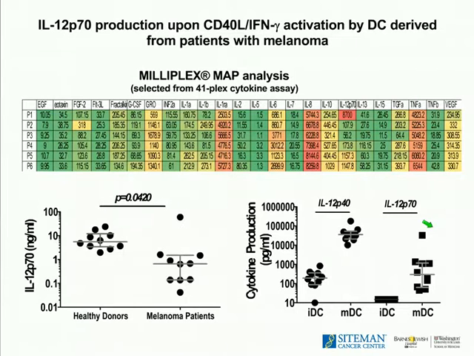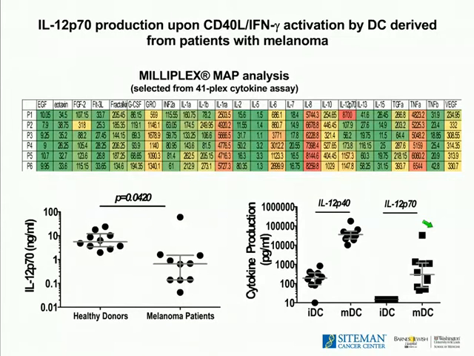In contrast, when you look at IL-12 P70, only the patients that were clinical responders, that is P1, P5, and P6, were able to make IL-12 P70. So these data then said to us that the defect was specific to IL-12. It was probably pathway specific also. So then we wanted to look further into which of the two components of IL-12 was defective in the patients that had no clinical response.